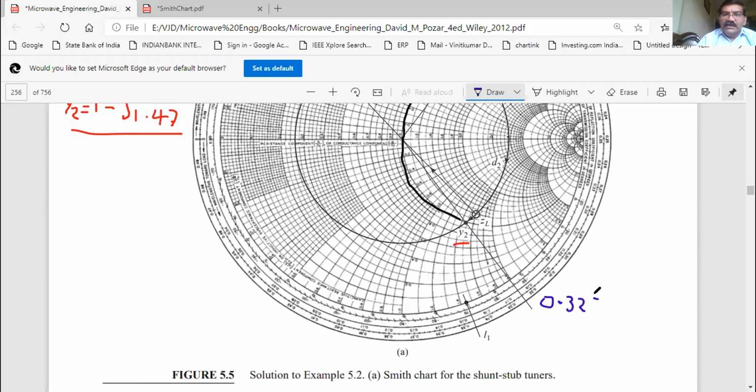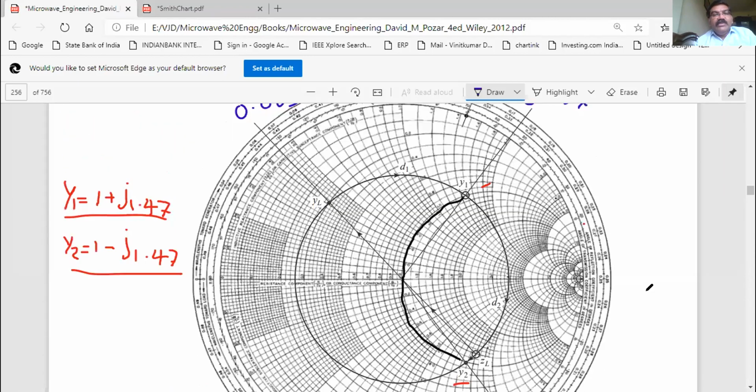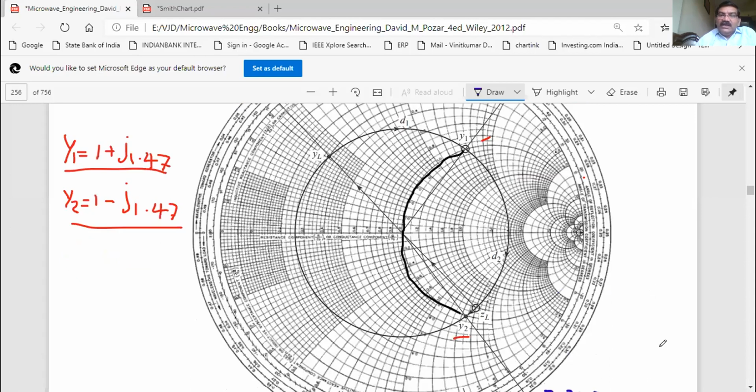0.325. Again the lambda, as it is the wavelength. So this is what we got. If anybody has any question, let me know. Otherwise I'll go further finding out the values. Okay, so this is what I did. I'll repeat the entire process so that you can connect yourself with it.